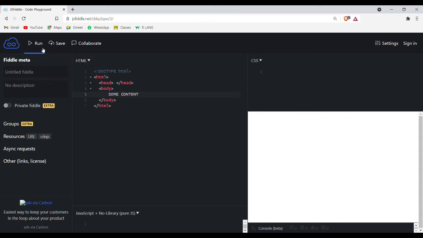Let's try to run this. See, we can see the some content text displayed in the output screen. Likewise, we can add any text or any content inside the body. It will appear in the output screen or a web page.